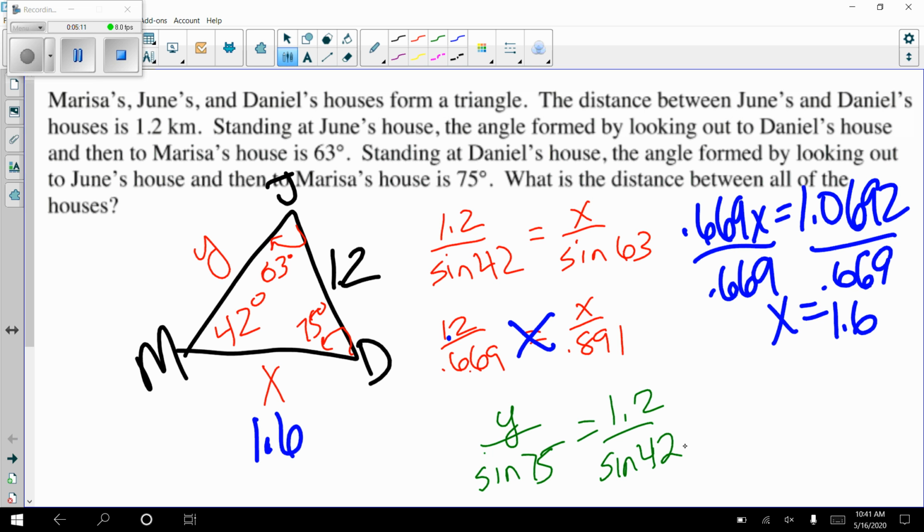Yep, I'm in degrees. Okay, so 75 sine, so that would be y over 0.966 equals 1.2 over, now I already know the sine of 42 from above. That was 0.669. Okay, so right here I'm going to go ahead and cross multiply. So I would get 1.2y equals,